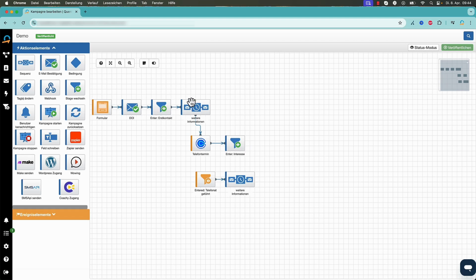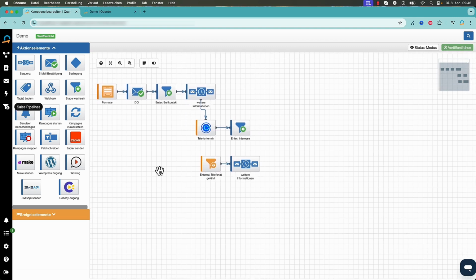We automatically send them additional, more detailed information and ask them to schedule a phone appointment. As soon as this contact has just done that, in this case via Calendly, they automatically enter our interest stage. You can see up to this point you haven't had to do anything yourself. Everything runs automatically. Thanks to Calendly, you know that a phone appointment is scheduled, and as soon as you've spoken